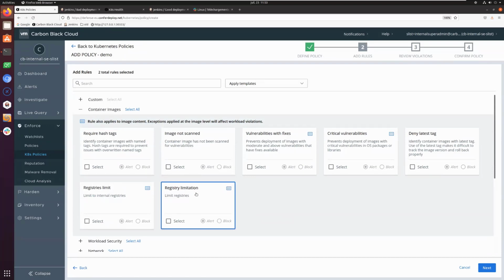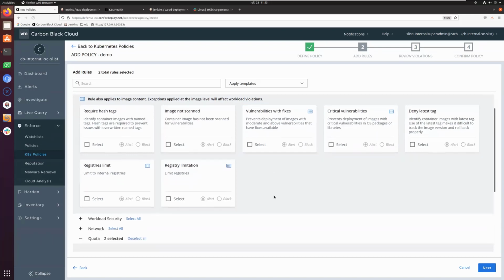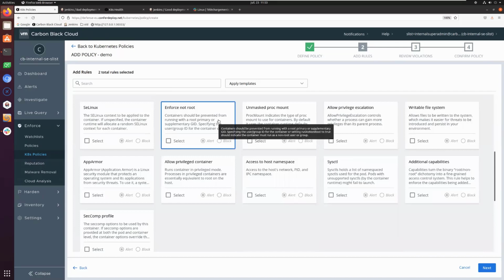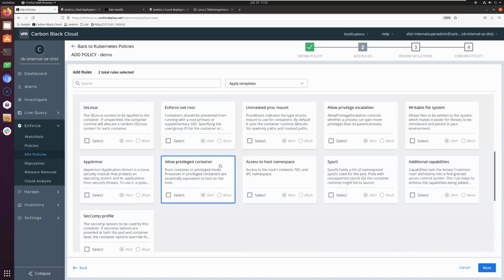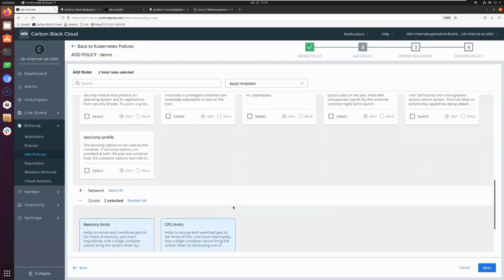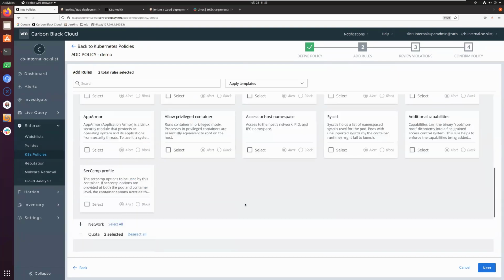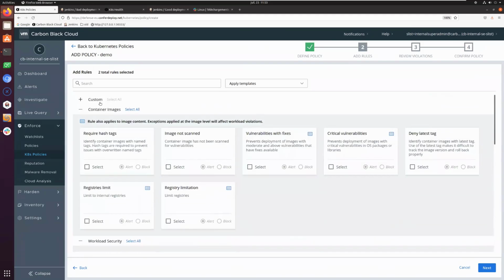We can limit the registry. We can block the deployment of an image with vulnerabilities with fixes. We can also enforce non-root. We can block unprivileged containers, etc. We really have a lot of predefined rules, and you can also define some custom rules if you need something special.